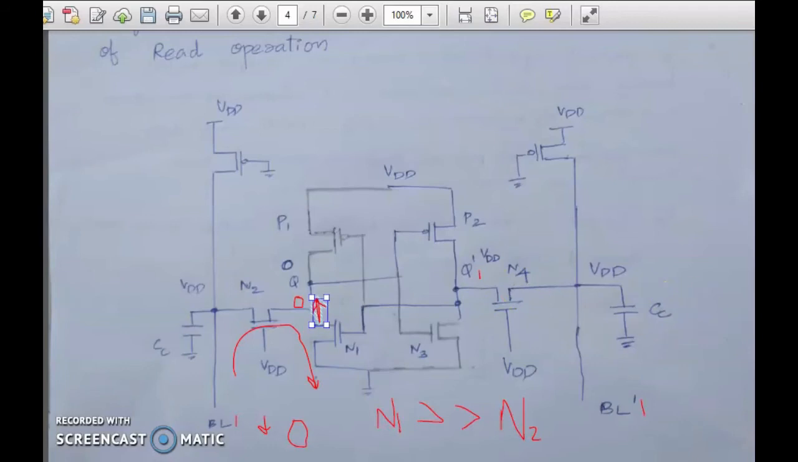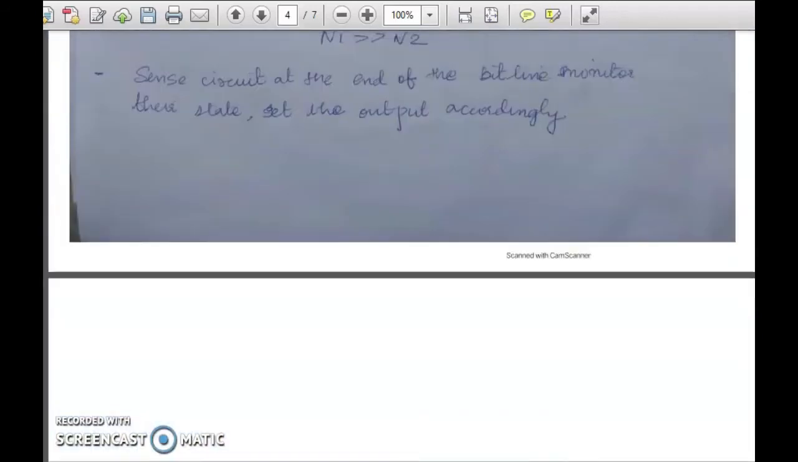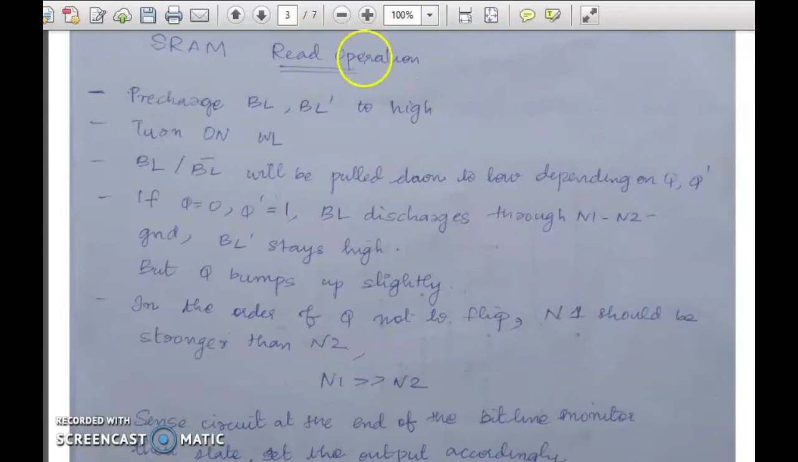Now let's recap what was learned. For read operation, BL and BL bar have to be pre-charged to high, turn on the word line, then the bit line or bit line bar